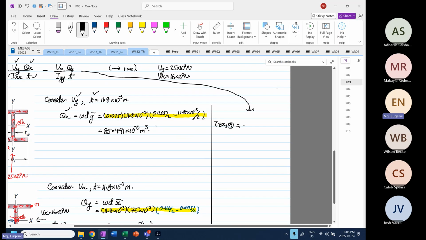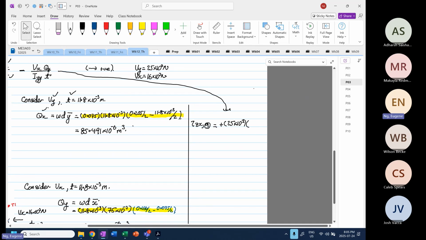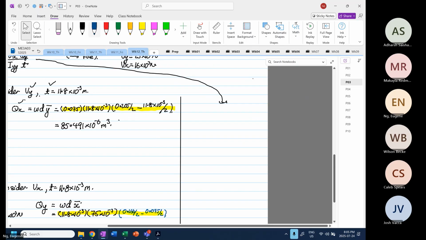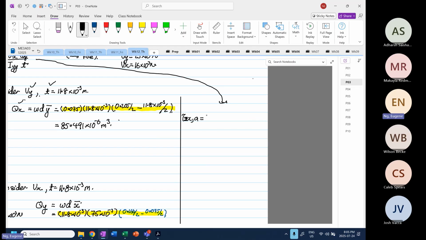So I'm going to call it positive 25 times 10 to the power 3 multiplied by 85.491. So here, zx at A, this is equal to